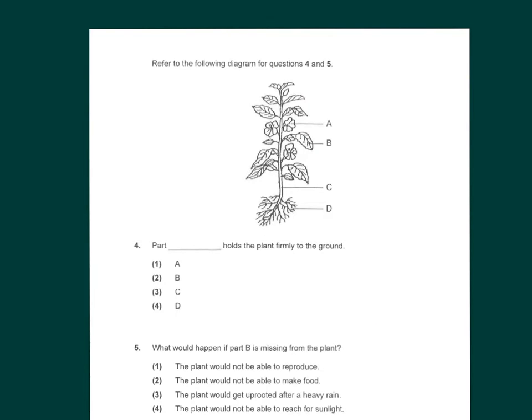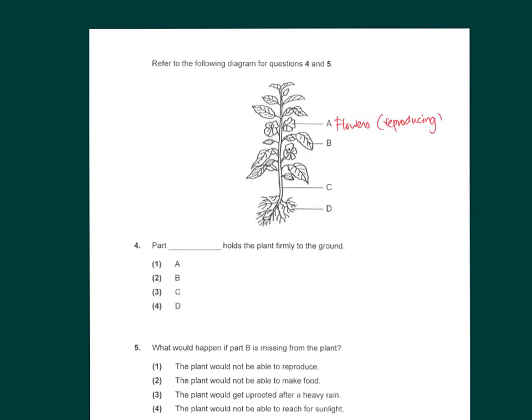Question 4. Refer to the following diagram for questions 4 and 5. Question 4. Parts. Blank holds the plant firmly to the ground. Now let's run through all the different parts here and name and identify them and to know what are their functions. For part A, you have the flowers. This is for reproduction,